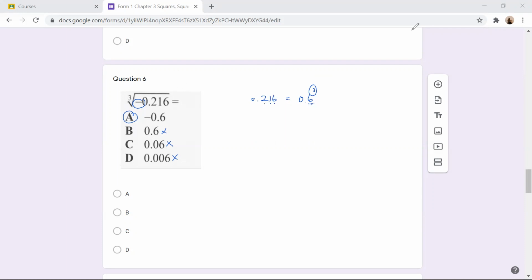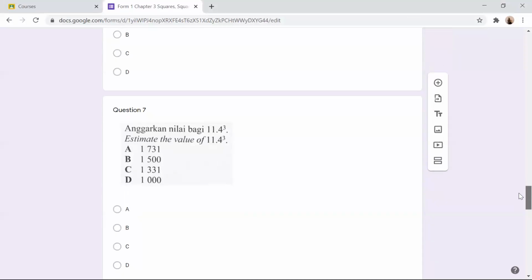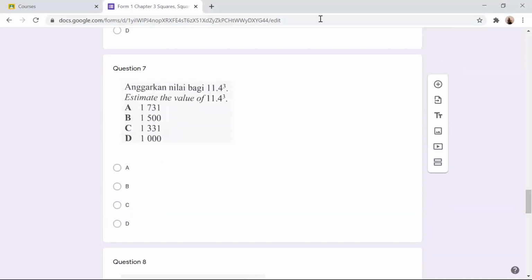Okay, and next, let's move on to question number 7. Now for question number 7, we have to estimate. How do we estimate? We write the given number as the nearest perfect cube that we know. So 11.4. Oh, sorry, it's not cube root, it's cube. So 11.4, we can round it off to 11 cube. Even though we only memorize up to 10 cube, this one we can count manually. So 11.4, we write like